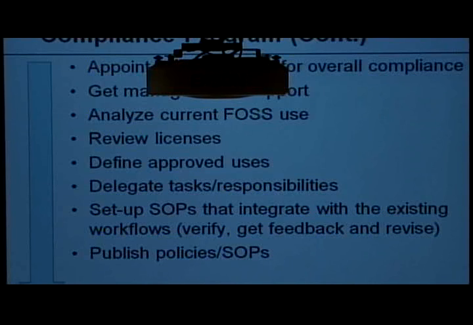Finally, even if it's fitting perfectly, if it's just on the paper and nobody knows it, it doesn't work for you. You have to publish the policies, you have to educate the employees, and also over and over again. And finally, of course, you're never done. You have to stay flexible and adjust to developments and improve the license compliance program.